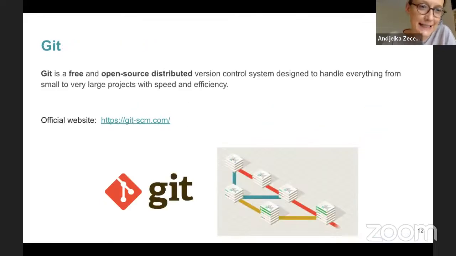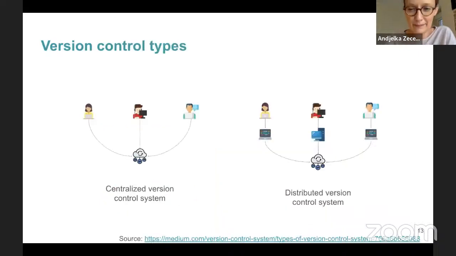As we said, Git is a free and open source version control system, but I would like to comment shortly on this distributed aspect of Git that is important for the further story. Being a distributed version control system means that each developer has a complete copy of the project on their local machine, and that this enables